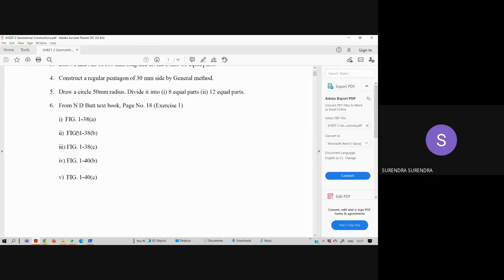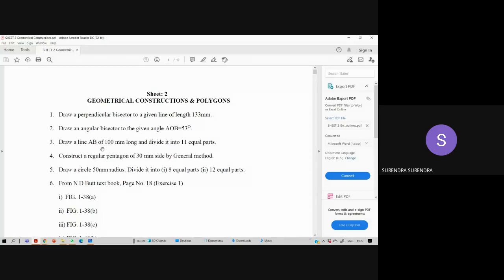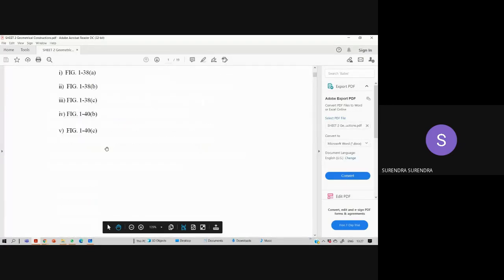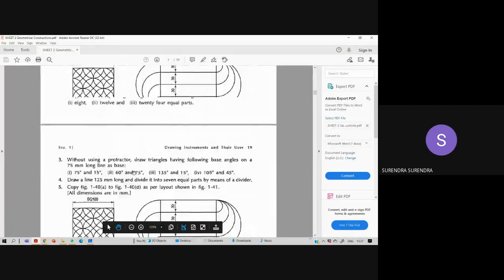The main intention of this geometrical construction is that you don't get any of these problems directly in the examination. But for drawing the curves, ellipse, parabola, hyperbola, involutes, or cycloids, we require these methods. So the main intention of the geometrical construction sheet is to give you practice with drawing instruments and simple constructional methods. Still, if you have any doubts regarding these 5 problems, you can find the step-by-step procedures below.